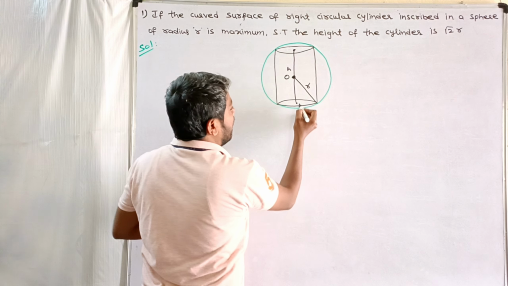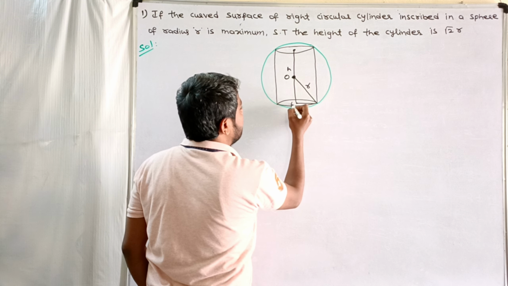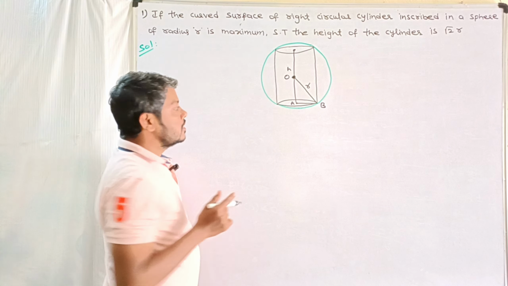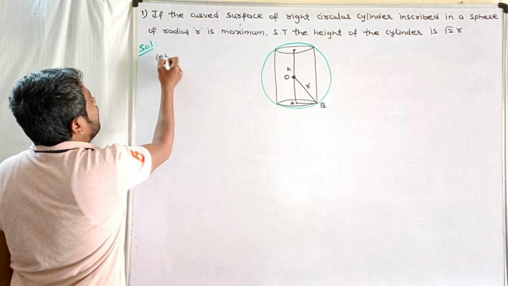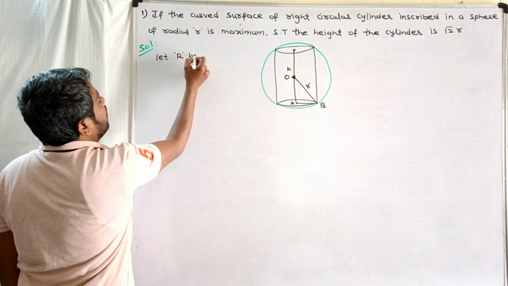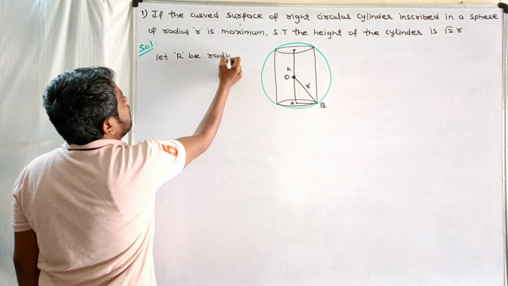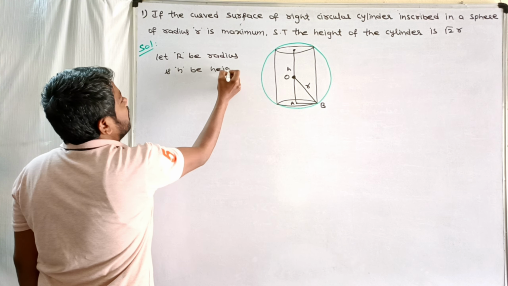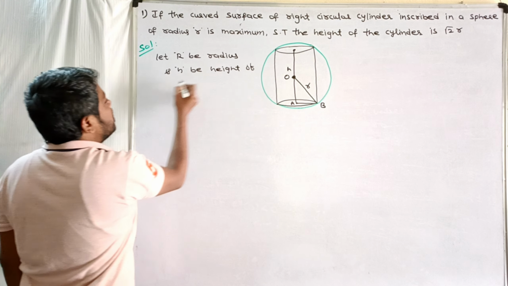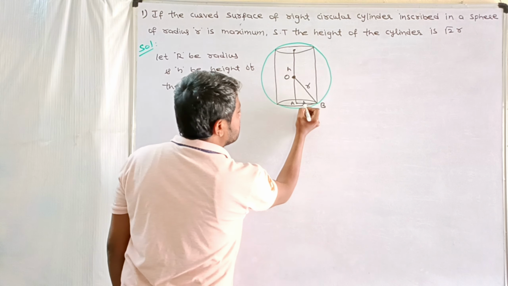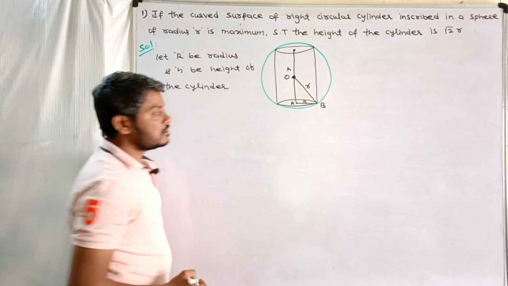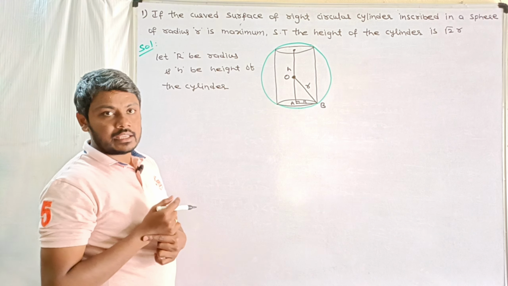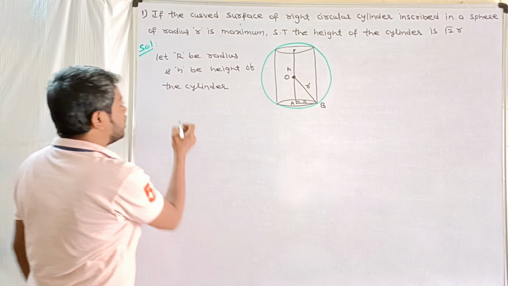So this is O, and let us consider AB is the radius of the cylinder. So here, let us consider capital R as the radius and h as the height of the cylinder. So this is capital R. Now clearly the triangle OAB is a right angle triangle. Now from triangle OAB,